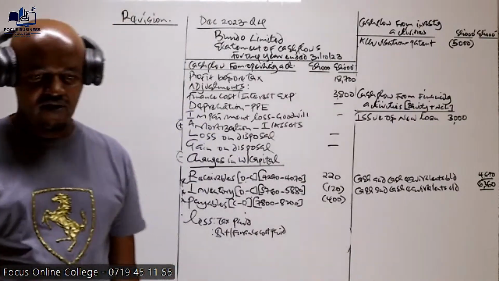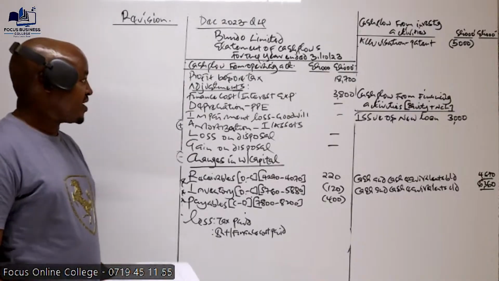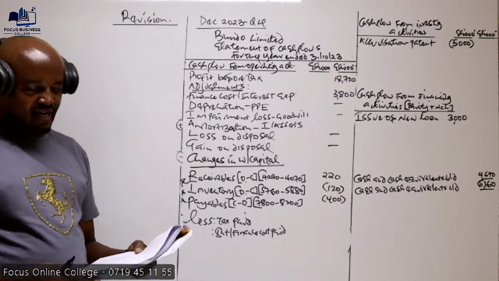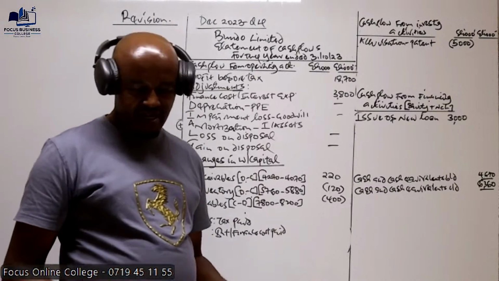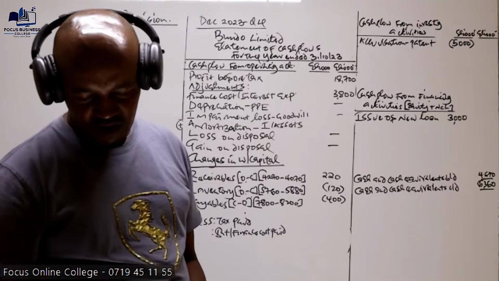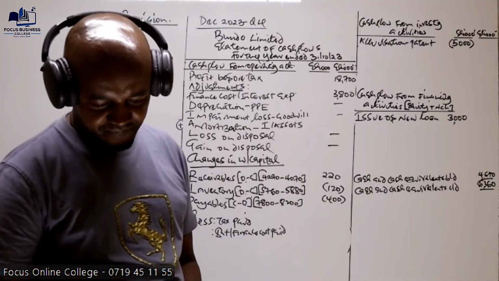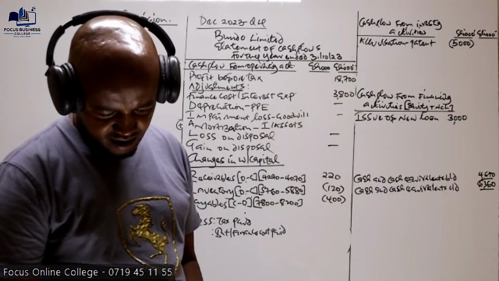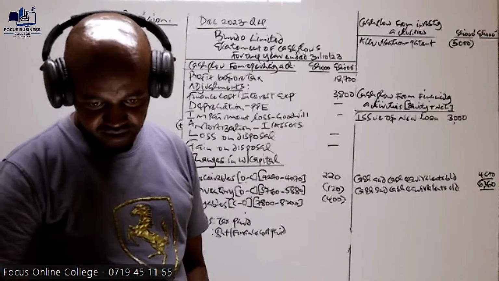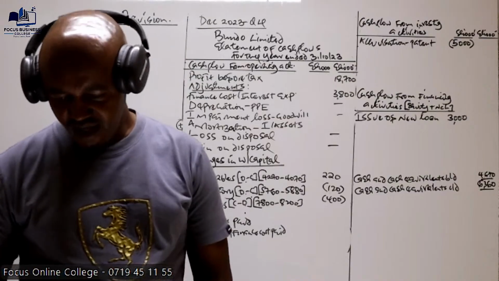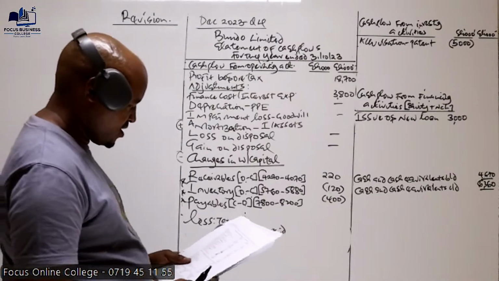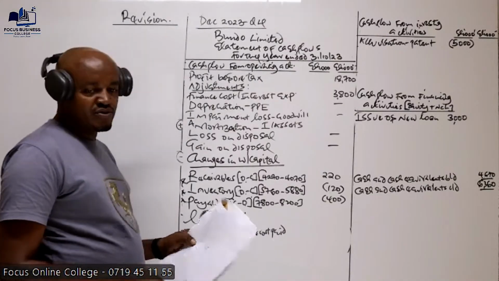Remember, in this case, we have said we consider 2 items. The finance cost from the income statement is one. And then we go back to our balance sheet, specifically under the current liabilities. We check whether there is interest payable. Do we have interest payable in our statement of financial position under the current liabilities? Yes, we have interest payable. So therefore, because we have interest payable, how do we compute the actual amount of interest